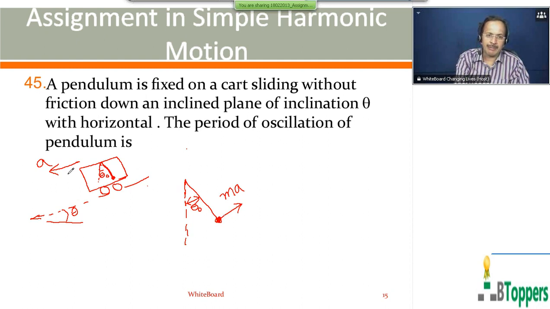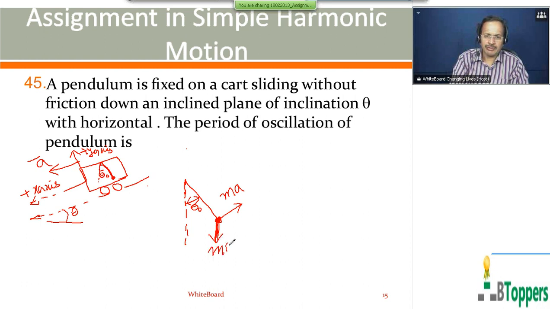with respect to the accelerated frame of reference, which is moving along with the cart with the same acceleration as the cart. So the coordinate system or frame of reference fixed to the cart is called an accelerated frame of reference or non-inertial frame of reference. And if you want to apply Newton's laws of motion for the bob with respect to the accelerated frame of reference, in addition to the two real forces which act on the bob, we have to consider the pseudo force also.